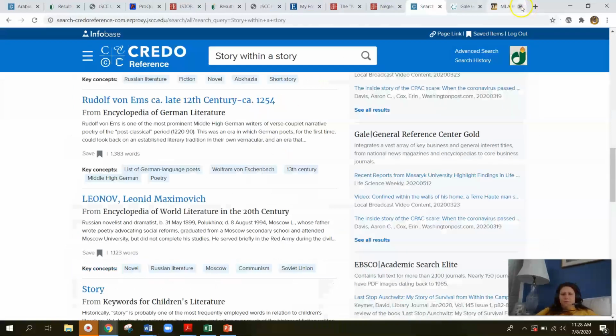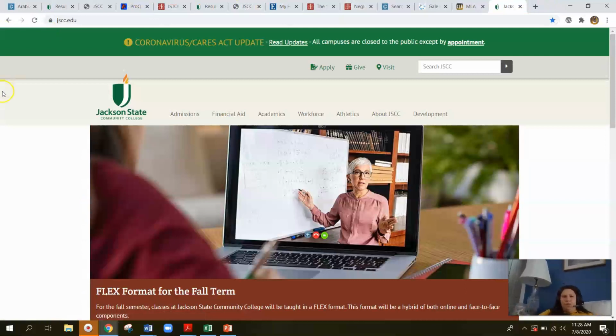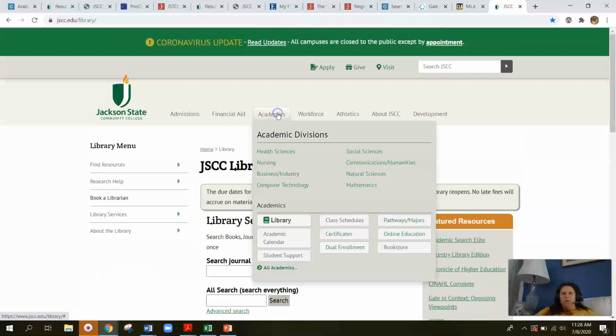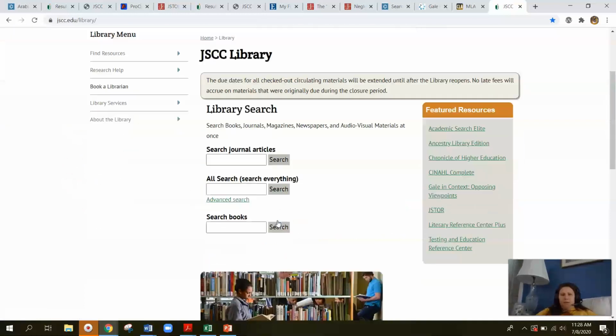So yeah, if you have any questions, one more thing. You can also book a librarian. You can set up a meeting with me, or you can just send me an email and I'll answer you over email. But you could also, if you're on the main Jackson State page, access the library by going to academics and clicking on library.